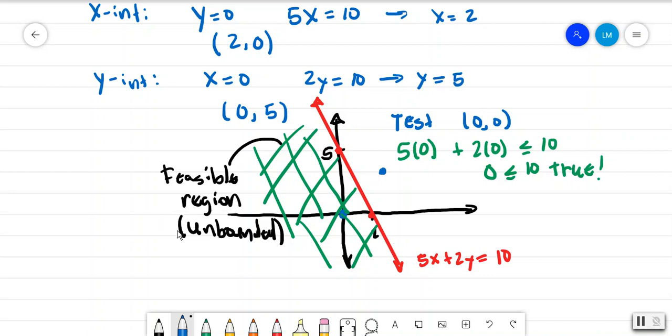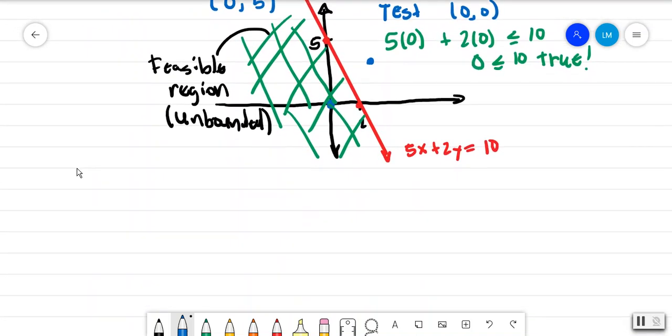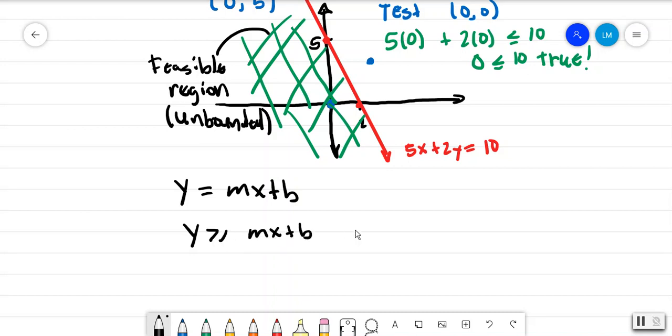The next thing that we can do is look at the different forms of inequalities. Essentially, if you can get the inequality into the format of y equals mx plus b, this is actually a lot easier in terms of finding the shaded region. For example, if you have y is greater than or equal to mx plus b, this means that you are above